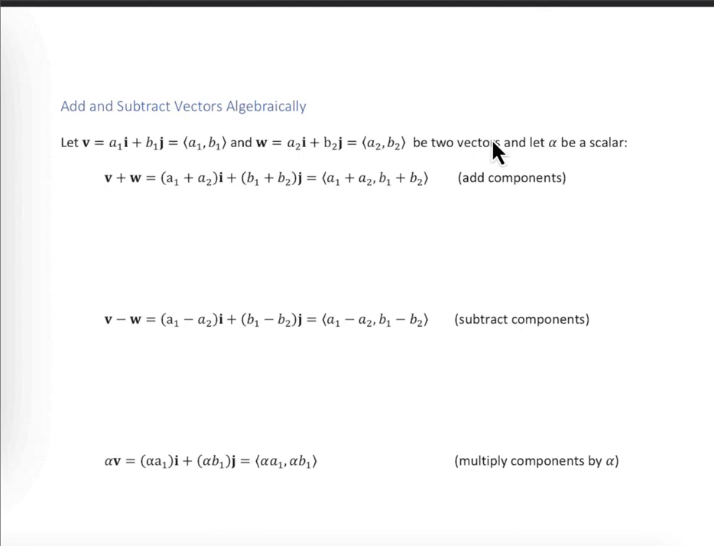In order to add and subtract vectors, we could use a geometric approach where if we had a vector v that we wanted to add to a vector w, we could arrange them such that the initial point of w is at the terminal point of v, and use either the triangle method to get the resultant, which in this